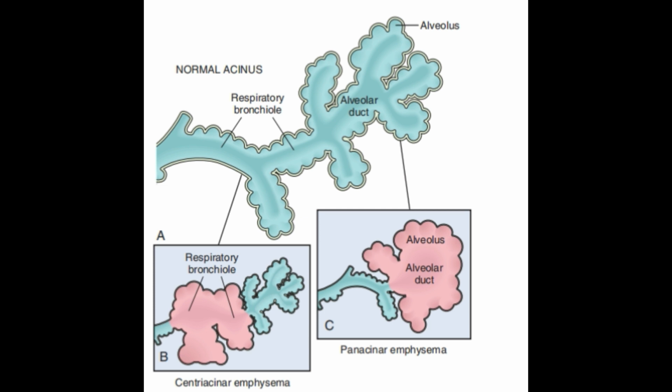In contrast, in the restrictive diseases the forced vital capacity is reduced. Remember, forced vital capacity was normal in obstructive, but in restrictive it is reduced, while the expiratory flow rate is normal or reduced proportionately. Proportionately reduced means that as FVC is reduced, FEV1 also gets reduced to the same extent. So the ratio will be near normal only, but in obstructive this ratio is decreased.